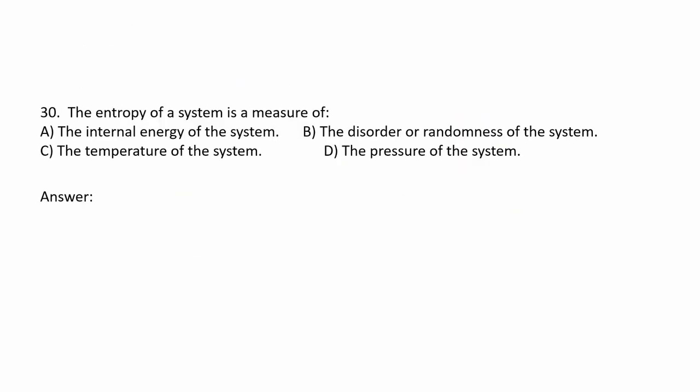The entropy of a system is a measure of letter A, the internal energy of the system. Letter B, the disorder or randomness of the system. Letter C, the temperature of the system. And letter D, the pressure of the system. The answer is